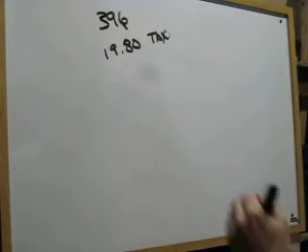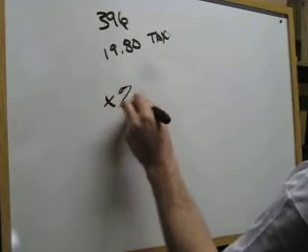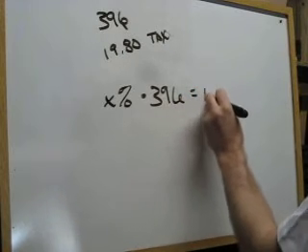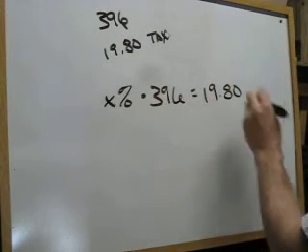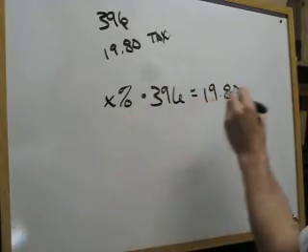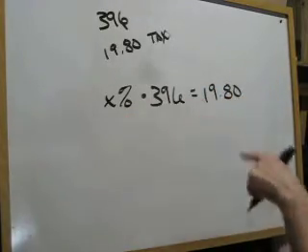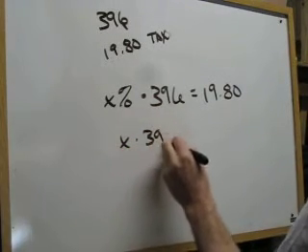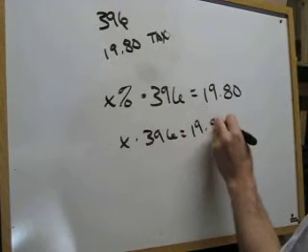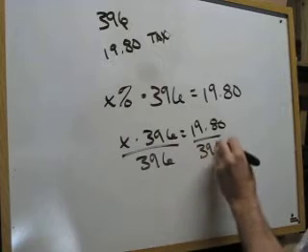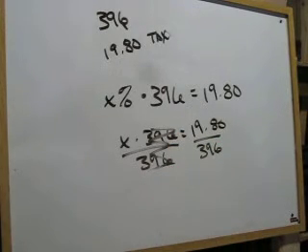Well, if you remember, I said the percent always goes with the total amount that you paid. Okay, and then your other number just goes wherever there's a space there. You're always going to have blank times blank equals blank. And it's just knowing where to put those three parts. So, x times 396 equals 19.8. Divide by 396 to get rid of that. So 19.8 divided by 396